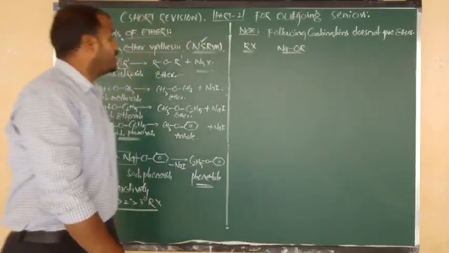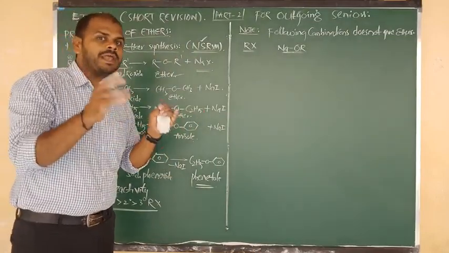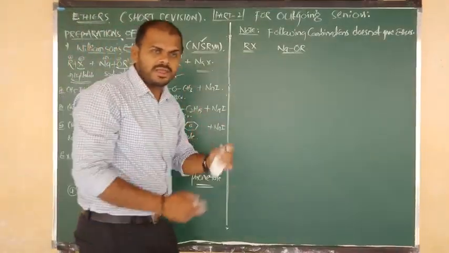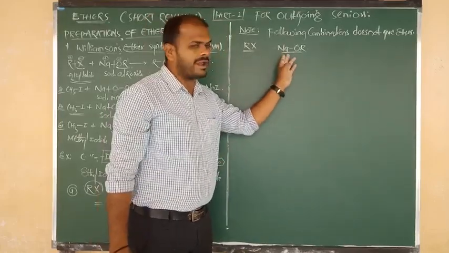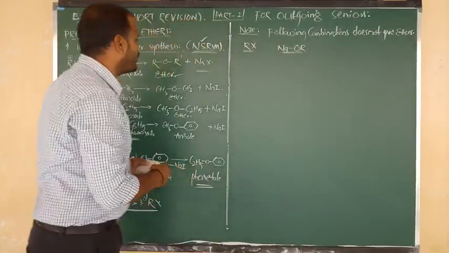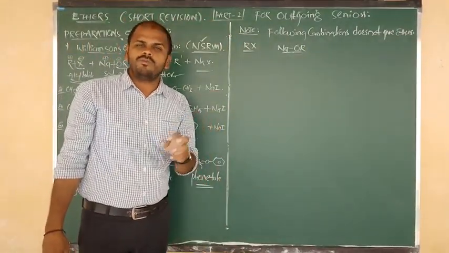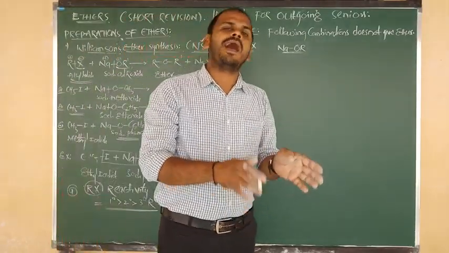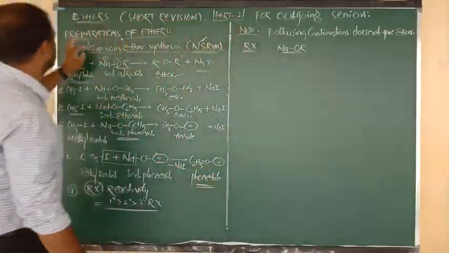Clear? Good. And one more very important point I want to tell you. By mixing which combinations are you not going to get ether? This is a rule according to Williamson only. So as per Williamson, the following combinations do not give the ether. So which alkyl halide and which sodium alkoxide? Which combination does not give the ethers? And before that, one more thing I want to ask you. They can ask you in the exam, beta. Among the following, which method is most suitable for the preparation of both symmetrical and unsymmetrical ethers? Both types of ethers we can prepare by using the method that is nothing but what, beta?